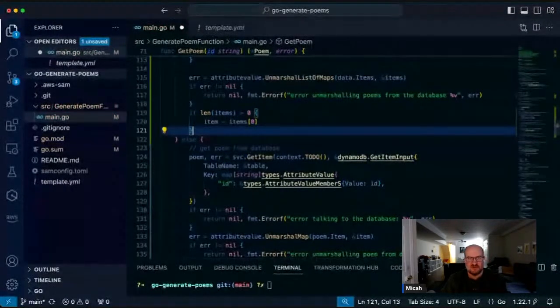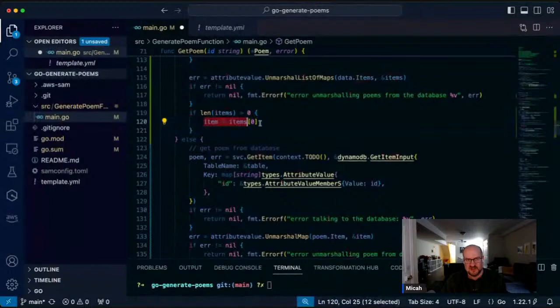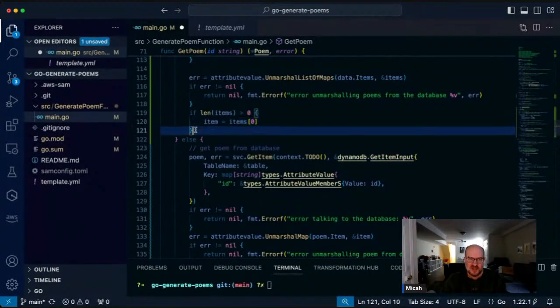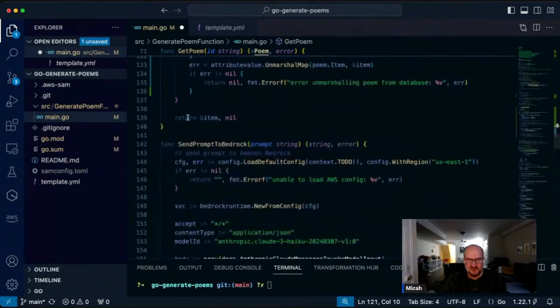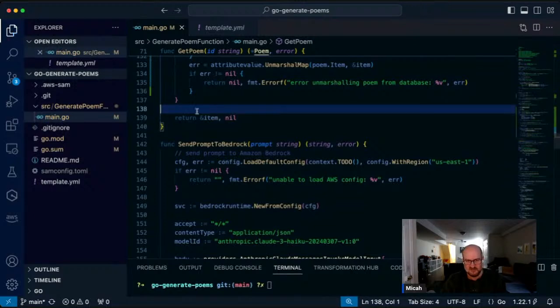If the length of items is more than zero, copy the zero element onto item. If it's not, we don't care. We're just going to move on, and return an empty item back to the code. So let's see if that fixes it.